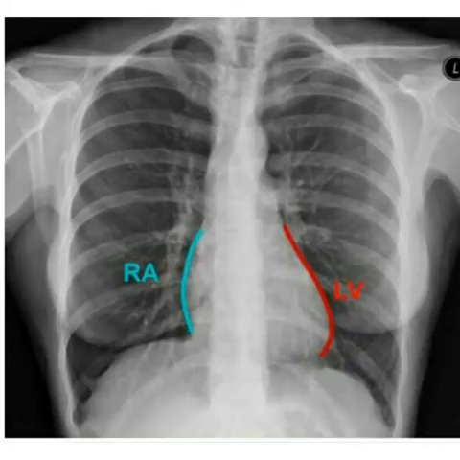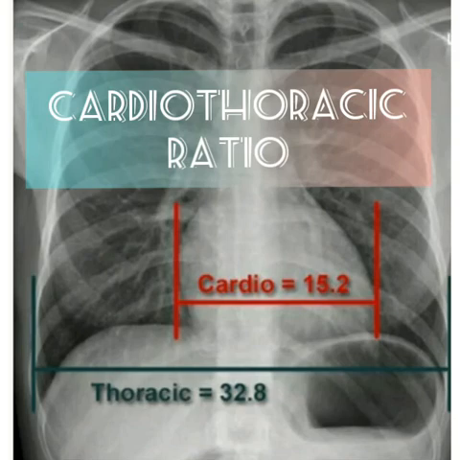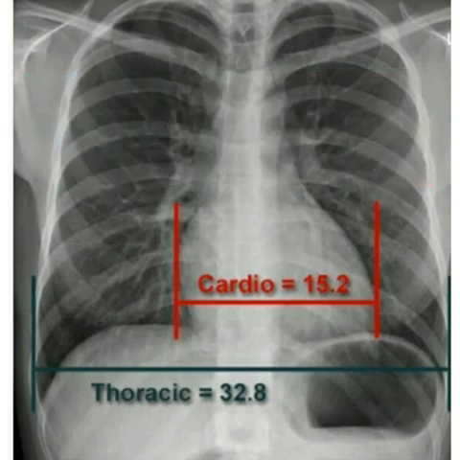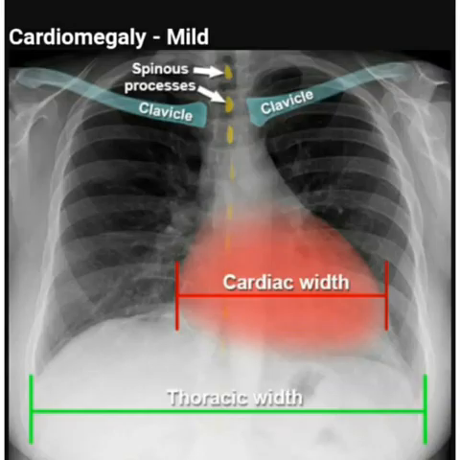The right atrium makes up most of the right heart border. The left ventricle makes up some of the left heart border with a contribution from the left atrium. The cardiac silhouette should occupy 50% or less of the cardiothoracic width, for example, a cardiothoracic ratio of less than 0.5. This rule only applies for a PA X-ray, not for an AP film, because it exaggerates cardiac silhouette size. If the heart occupies more than 50% of the thoracic width on a PA-CXR, then it suggests enlargement.